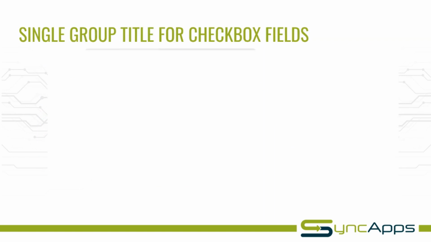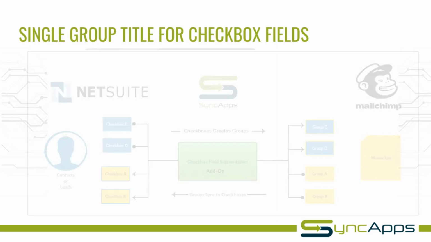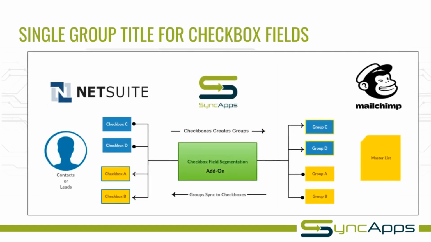So we do have the single group title for Mailchimp checkbox field. This is the current one that we have in our system. For example, you have a NetSuite to Mailchimp integration, and in NetSuite, you do have checkboxes on your particular contact. So with SyncApps and the checkbox field segmentation mapping, each checkbox goes directly to one group in